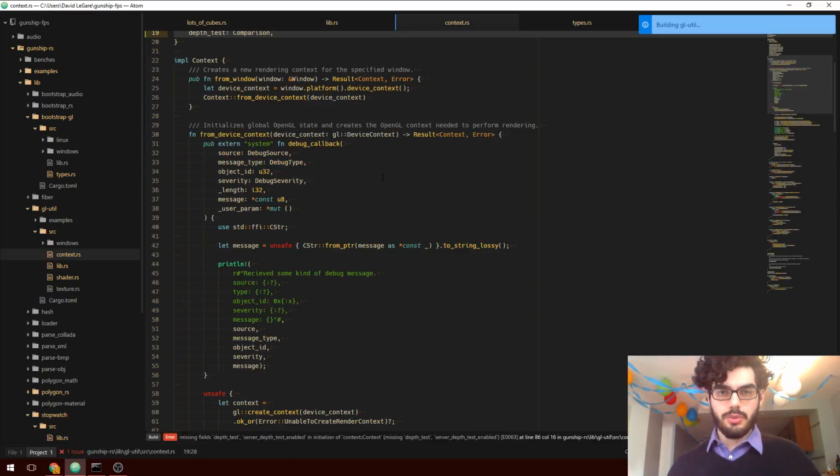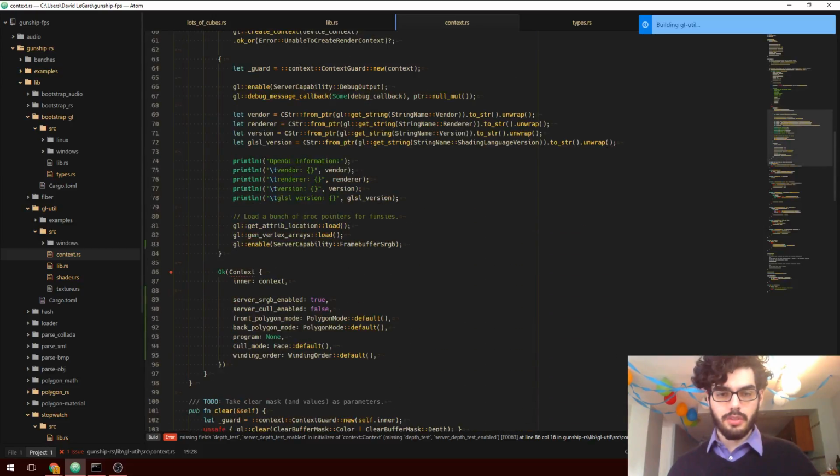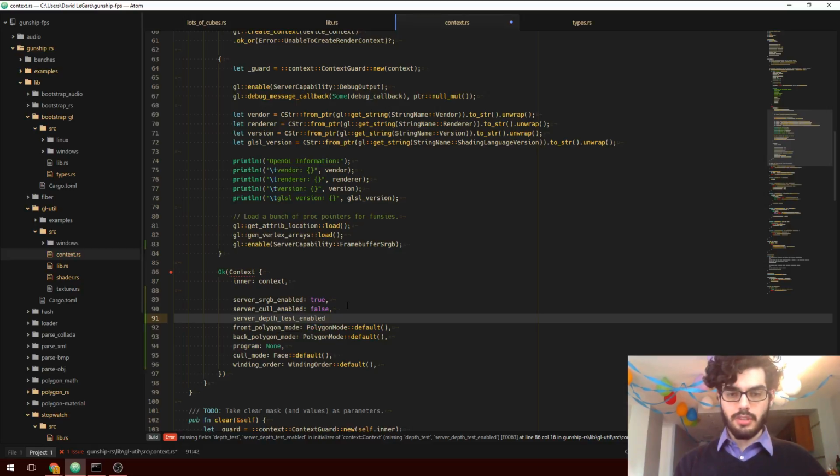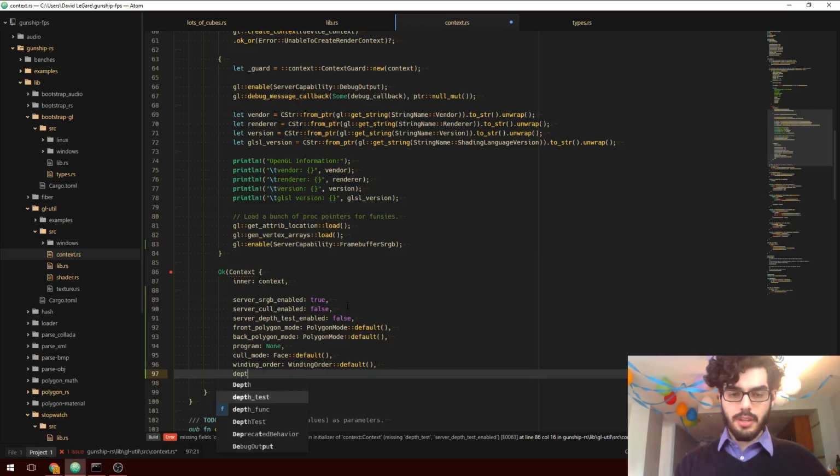We need to now add those variables here. So we want server depth test enabled. That's going to default to false because pretty much all of these server capabilities for OpenGL default to false. And then our depth test